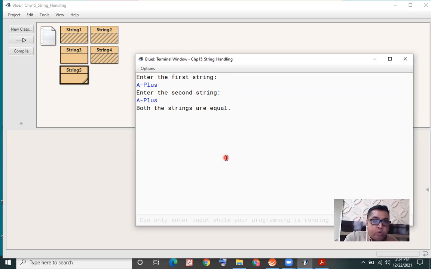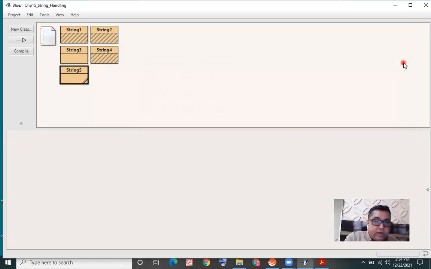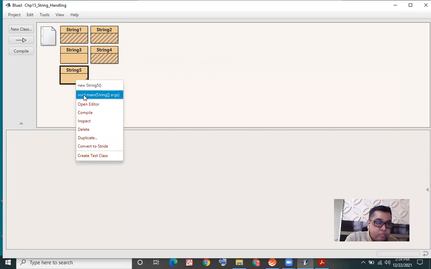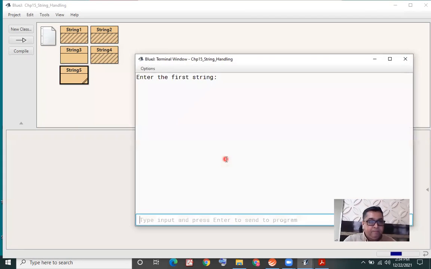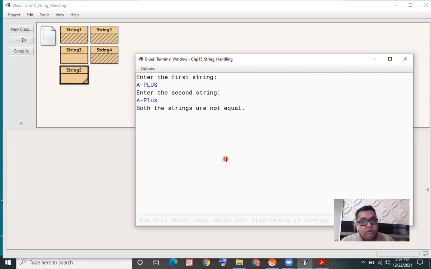We are getting proper output now. Once again, I shall execute. I'm giving A plus in capital and the second string with A. Notice I'm getting the output, both the strings are not equal.